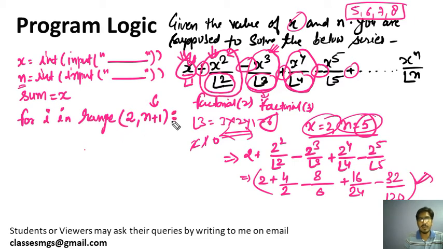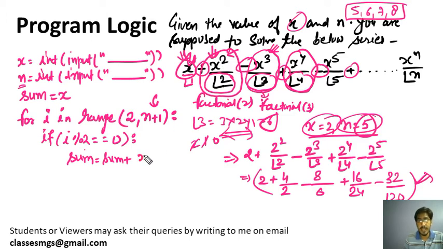Okay, now I am going to check if the power of x is even. So how to check? I have already explained how to check whether a number is even or odd. This is the logic to check whether the power is even. If the power is even, then what we need to do? Sum equals sum plus, we need to calculate x raised to power i. So x raised to power i can be calculated by x double star i, and now we need to calculate